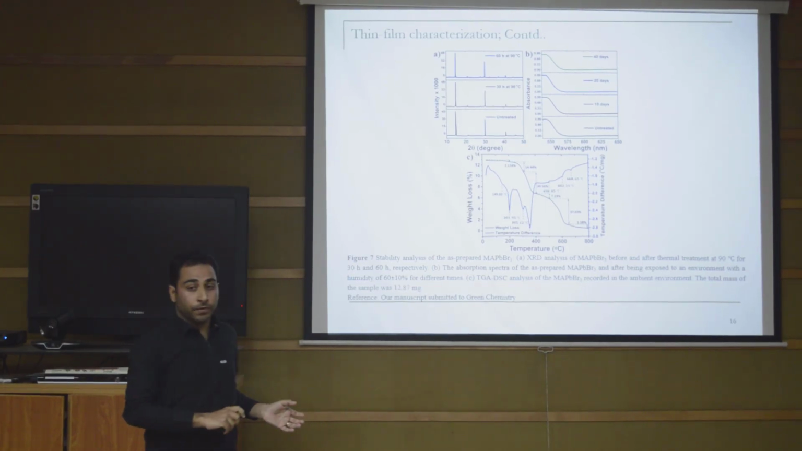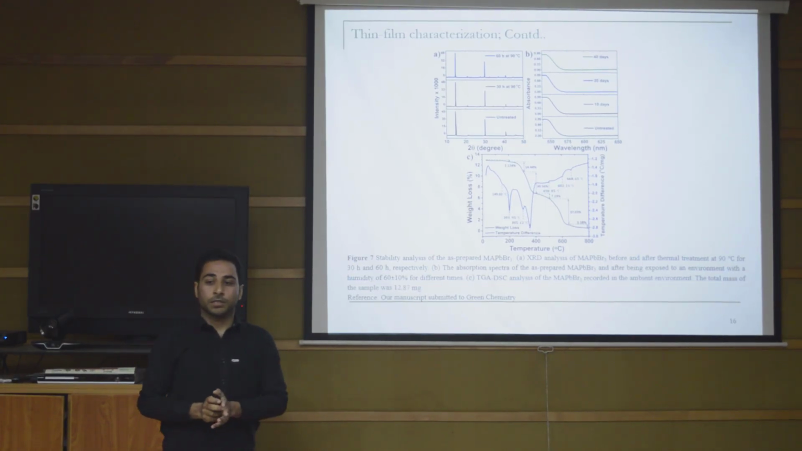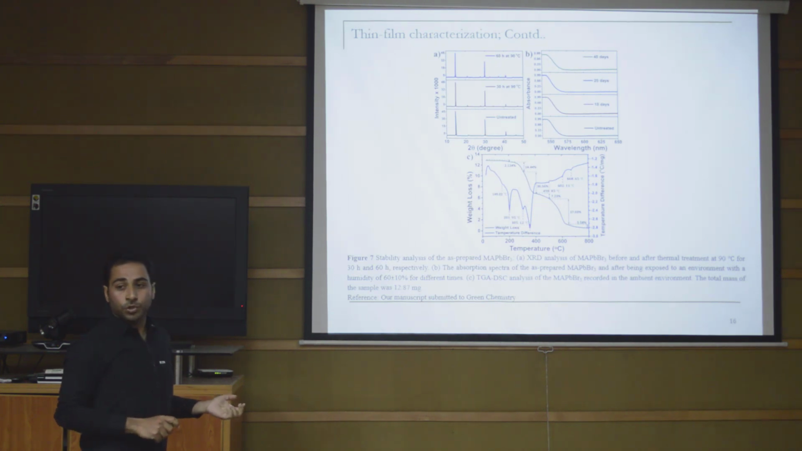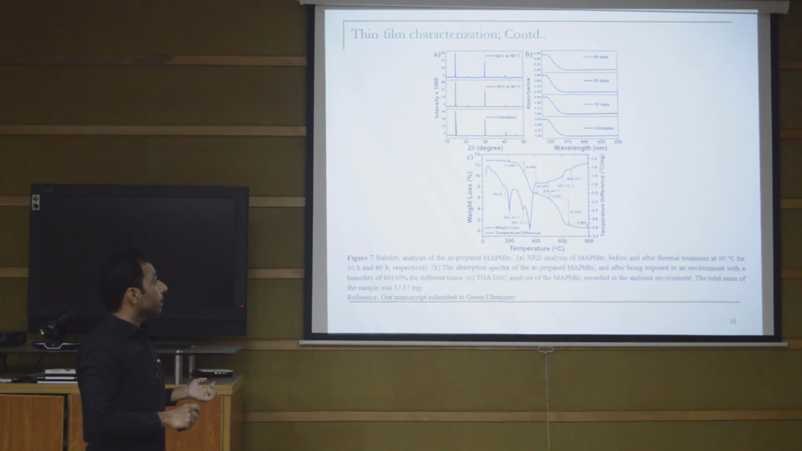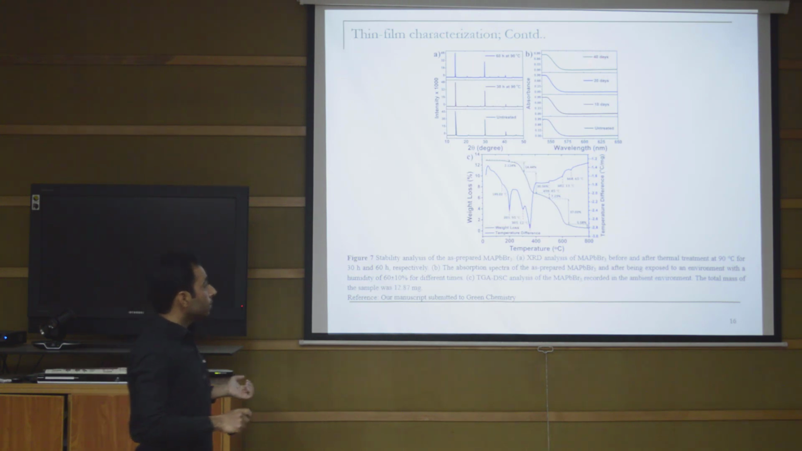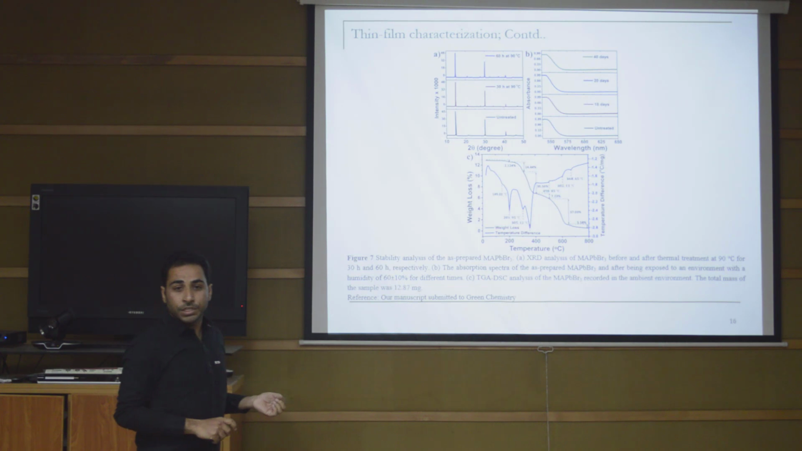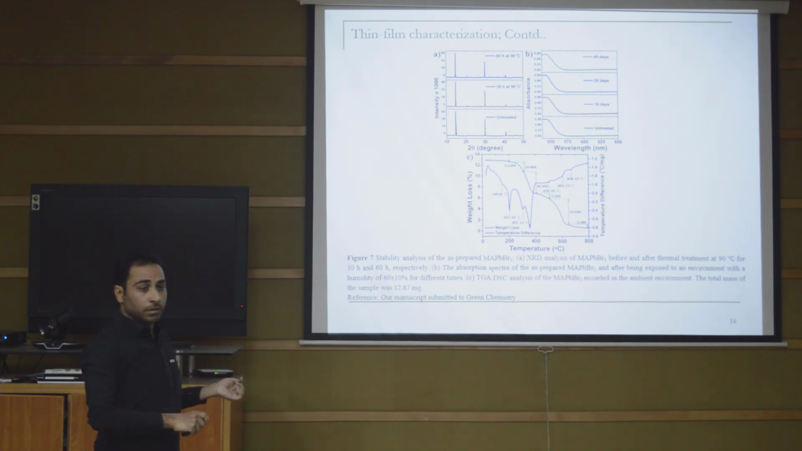Stability of the film: whether it is stable against thermal stress and humidity or not. So you have to repeat the XRD measurement after exposing the film to high temperature for some duration. For instance, here we have done this test for 60 hours exposure to a high temperature like 90 degrees C, and you have to repeat the absorption spectra. We have done it after the exposure of the film for 40 days, and this is the TGA analysis